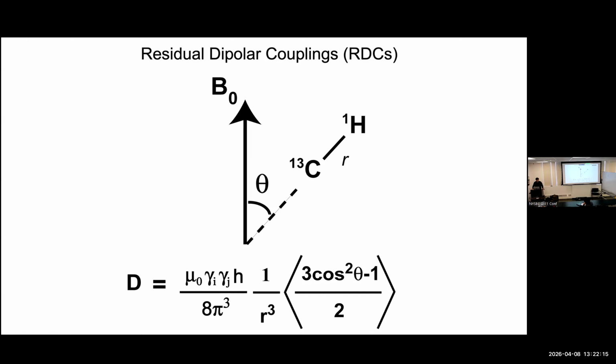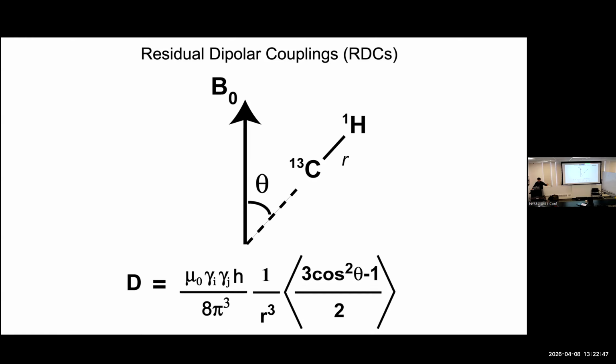And as a consequence of that, we call ourselves solution state NMR spectroscopists, because we want to get rid of these dipolar couplings and CSA interactions because they're enormous otherwise in the solid state. So much of the high resolution nature of solution NMR arises because these second rank anisotropic interactions, like the dipolar interaction, all have the same property of having this spherical Y_2,0 dependence, and they all average to